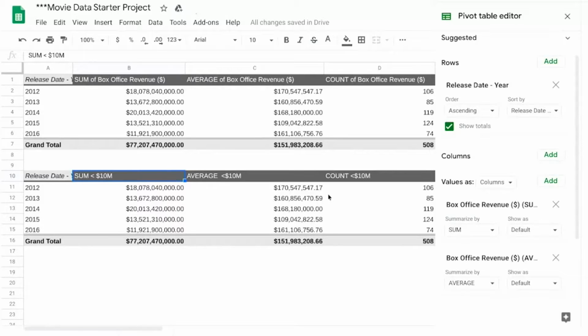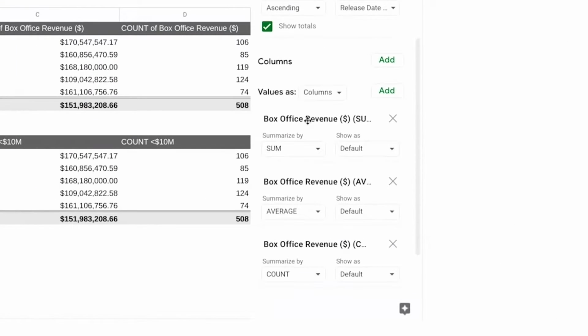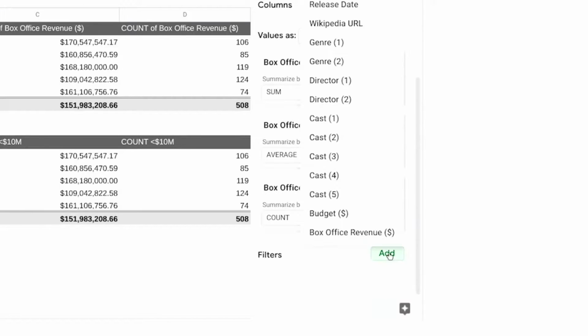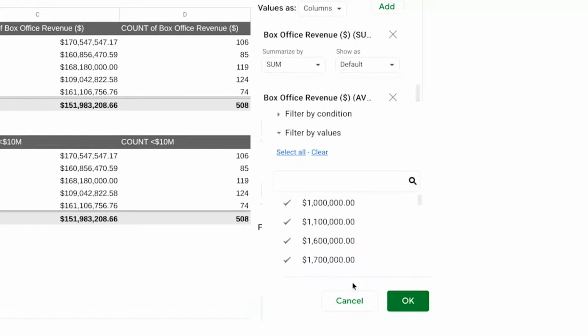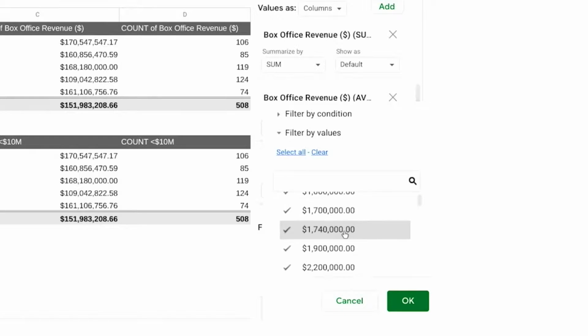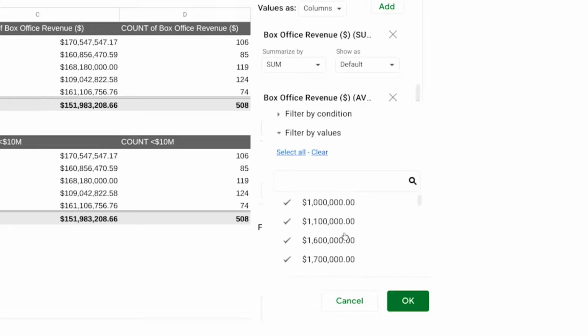Another great pivot table feature that'll help us here is the filter option. Earlier you learned how this lets us filter data so we can look at only the values we need. So we'll select a cell in our copied pivot table and add a filter to the box office revenue. The filter will then be applied to the entire table. When we open the status menu, we can choose to filter the data to show specific values.